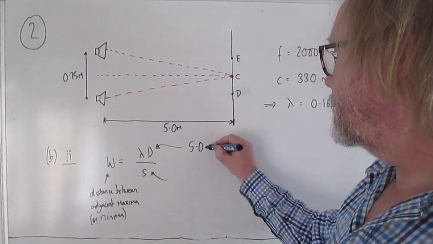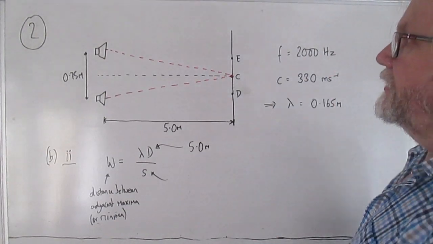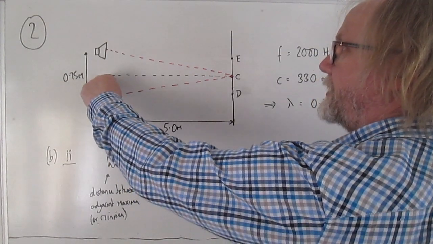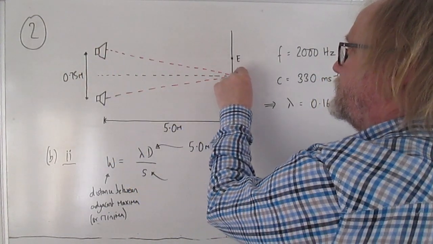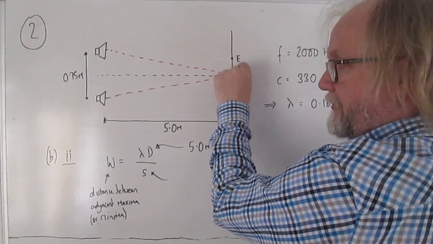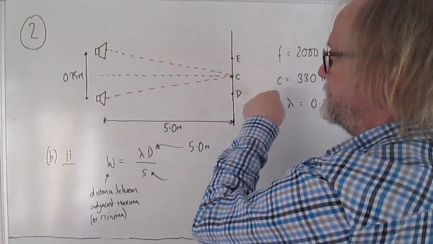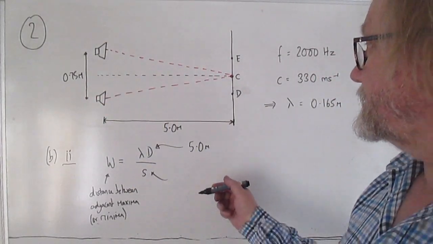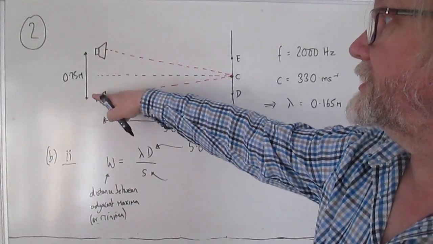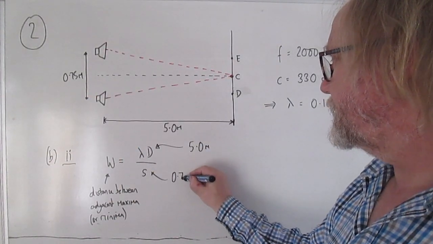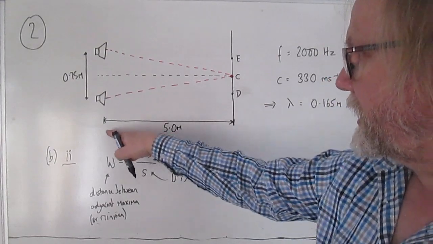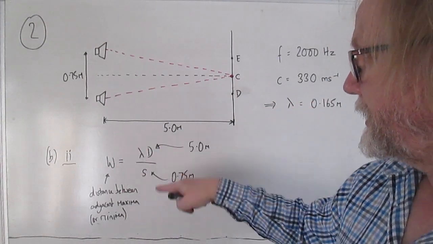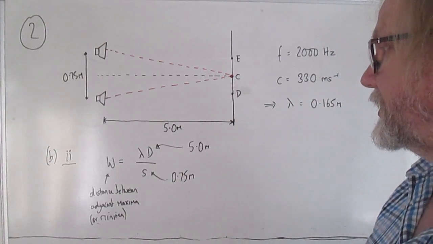So D is 5 meters because it's that perpendicular distance from the midpoint of the two sources to the center of the interference pattern that you get. It's easier to see what it is than to put it in words. And S is the separation of the sources, which is 0.75 meters. So although that expression is on your data sheet, it's very easy to not remember what those three things W, D and S are, so make sure that you know